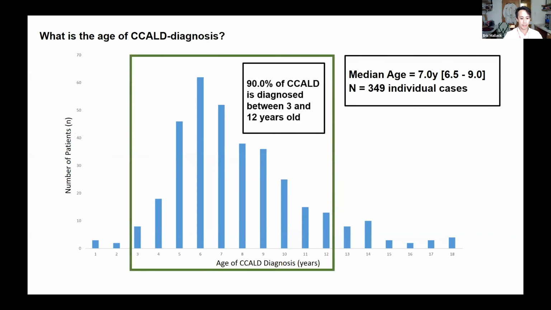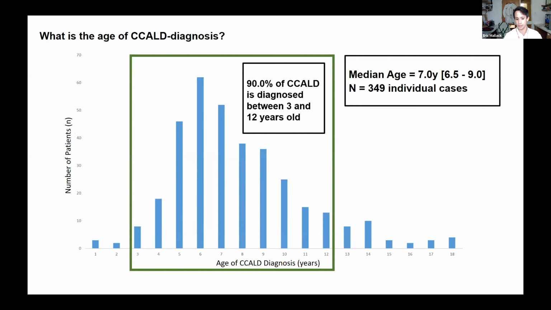If you were to screen in childhood, the cases between 3 and 12 years old, looking back 30 years, you will have diagnosed 90% of childhood cerebral ALD. There were 5 cases of patients younger than the age of 3, and in the paper, we go through these. These were atypical onset. They tended to be associated with other childhood diseases, seizures, head trauma. These are things that we can talk about at the end of the talk.